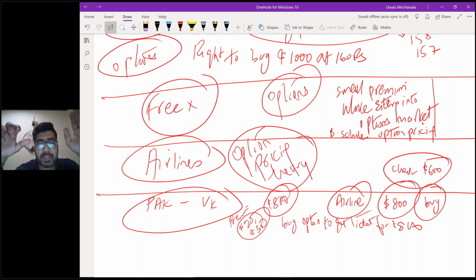The condition is that if the prices go up, become $1,000, $1,100, $1,200, you still have the option to get the ticket for $800. Exercise the option, get it for $800. But if the tickets fall to $500 or $600, you promised to get it for $800, but you're getting it at a cheaper price. Back off from the option. So they won't give you this protection for free. They charge a premium. How is this premium computed? This premium is computed through Black-Scholes option pricing theory.